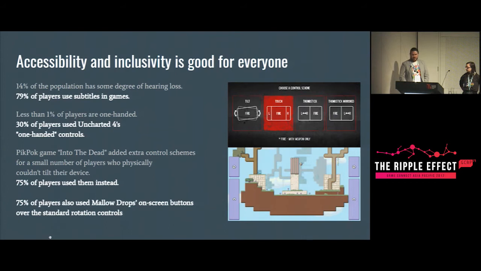I included on-screen buttons for Mellowdrops because I found at shows people playing with an iPad. It got really hard to rotate an entire iPad around. You got really tired quickly. In a straw poll I did, 3/4 of players used the thing that I added in as an afterthought. More people liked that way of playing than the original way I designed my game. So you just need to start thinking now about how to design your games so that they can be played multiple ways through multiple inputs.